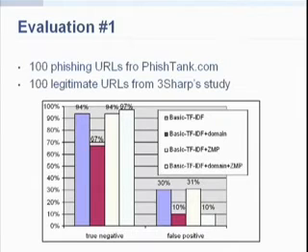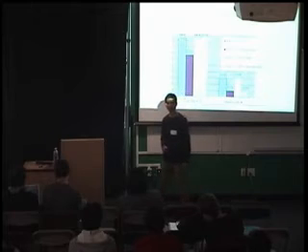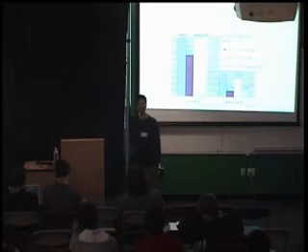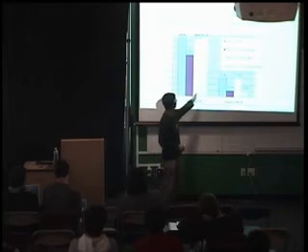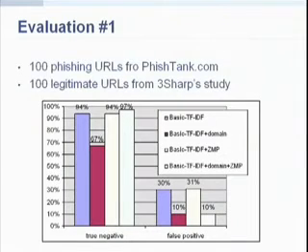We tried another approach called TF-IDF plus ZMP. ZMP means 0 results means phishing. So if you don't get any results, we identify that as phishing. We're just trying it by itself as a proof of concept. We don't really intend for this to be the actual algorithm used. But just as a proof of concept, you'll notice that it's pretty much the same true negative as the original algorithm, and it really doesn't have any effect on false positives. However, the interesting thing happens when you combine those two results together, those two heuristics.